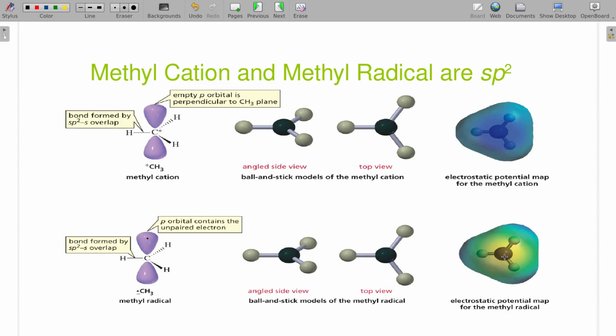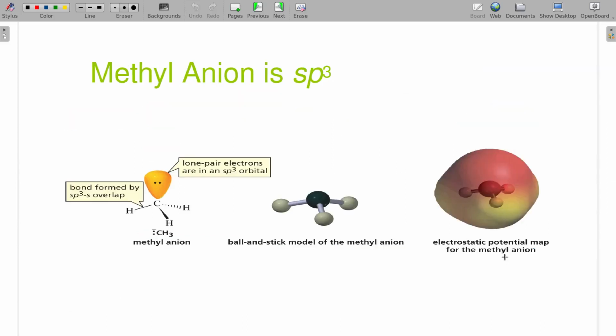All right, when we introduced those 2, we also introduced the methyl anion. The methyl anion has 2 electrons on it. It's a CH3 with a lone pair. Because it's a lone pair, it will fill up a full orbital, and this has then 1, 2, 3, 4 things, so it needs sp3 hybridization, and it is trigonal pyramidal.